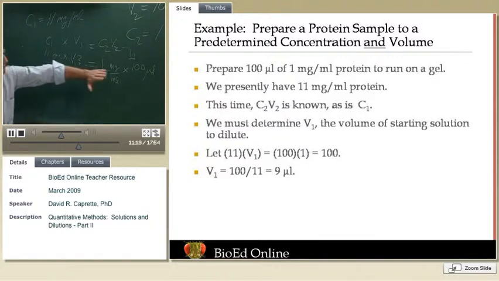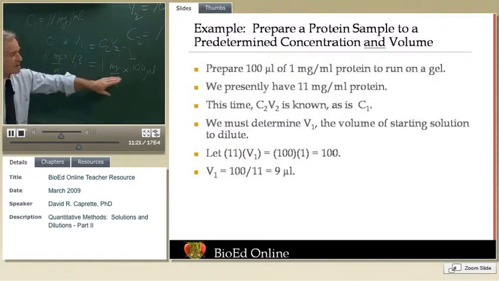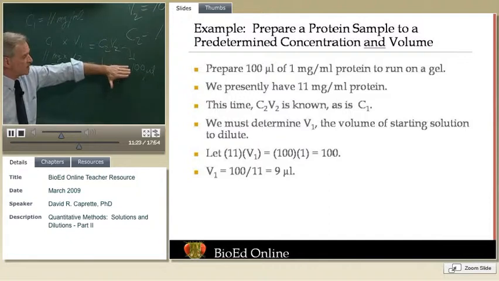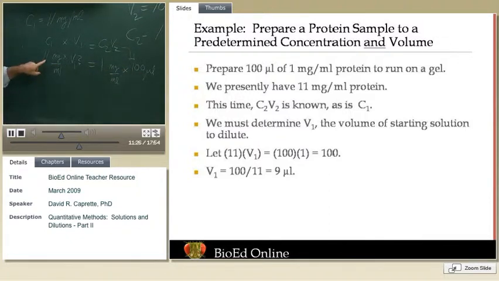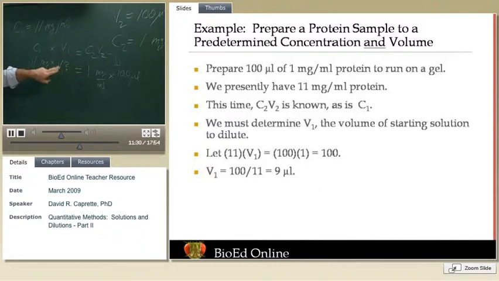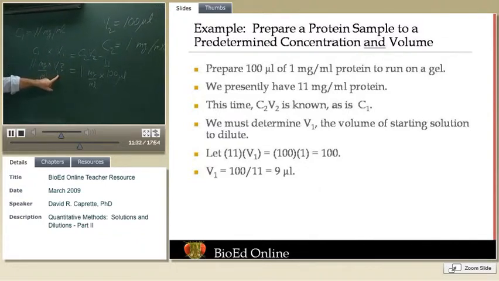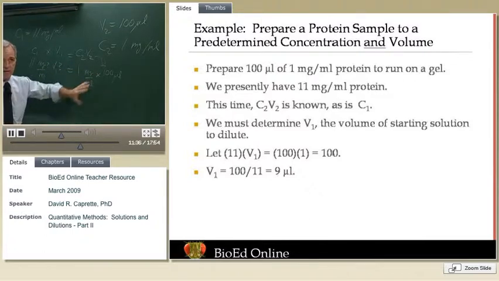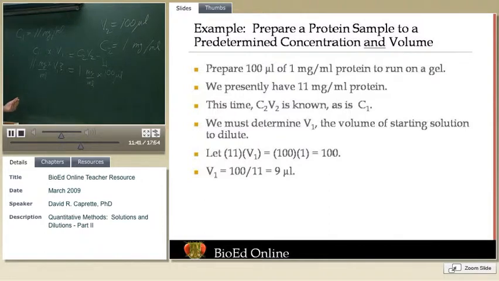Okay, this amount, 1 milligram per milliliter times 100 microliters, is exactly the same as this amount, 11 milligrams per milliliter times this unknown volume. Because we're going to take this volume and add buffer to it that contains no protein to get our final solution in the volume V2. So again, we do the algebra. V1 equals, in this case, C2 V2